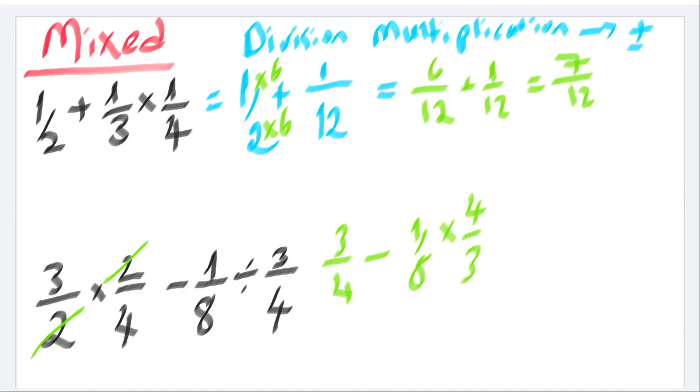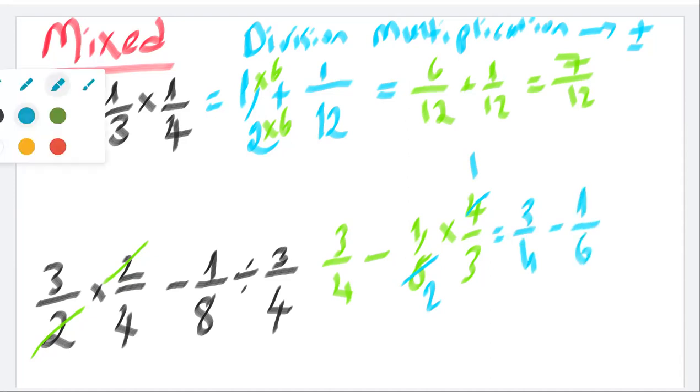So again, we can simplify here. This will be 2, this will be 1. Let's write again 3 over 4 minus 1 over 6. Now to continue this one, we multiply both sides by what? So common